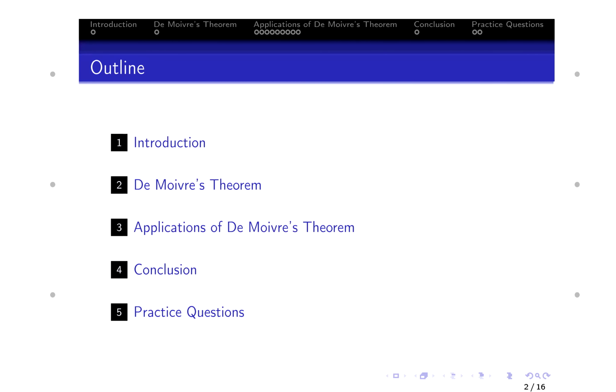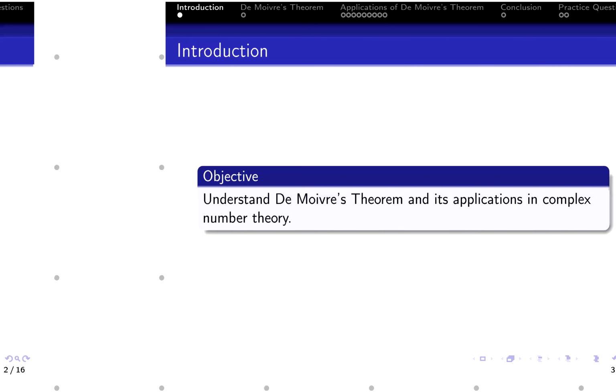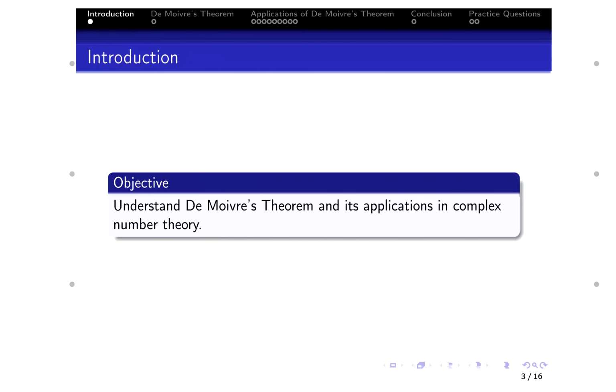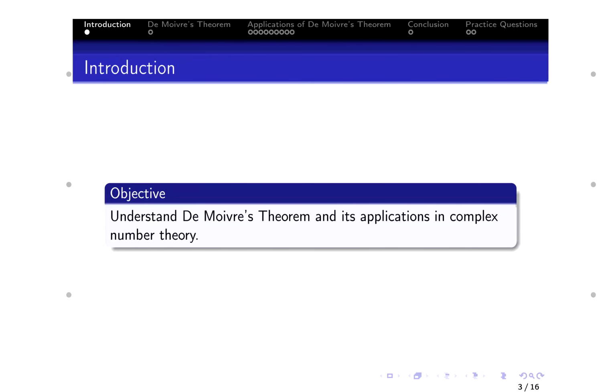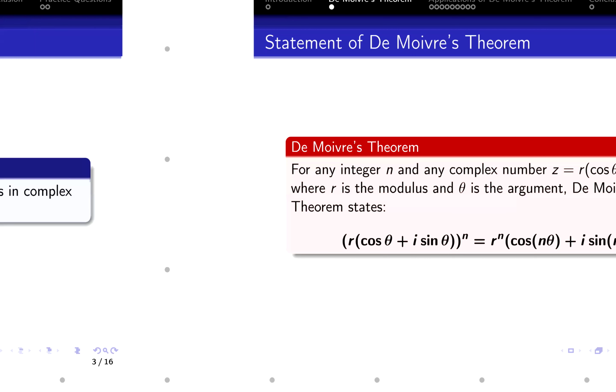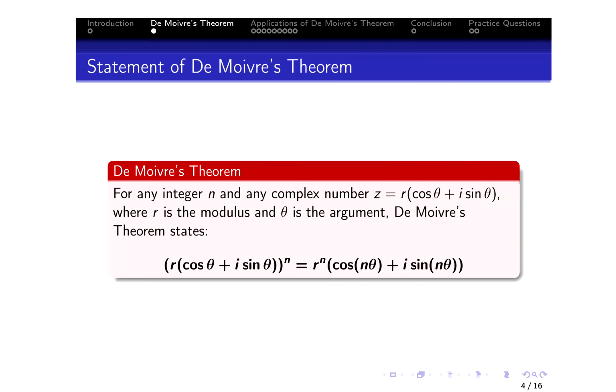Of course, in the introduction, our objective is to understand De Moivre's theorem and its applications in complex number theory. So, straight to the point, the statement of De Moivre's theorem is pretty easy. It is the idea that